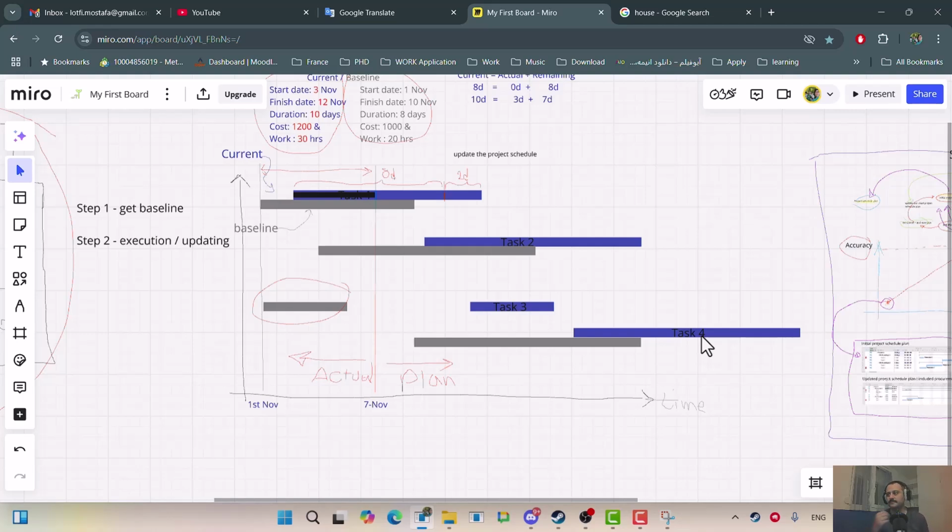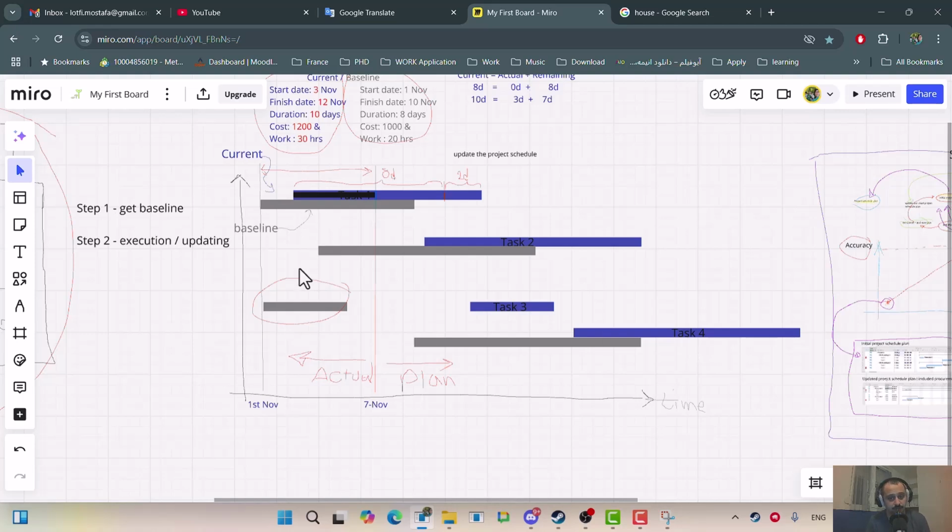In a real project, you may have some restrictions, dependencies, force from management, deadlines, and you may need to find a solution to recover these delays. Okay, and you can only do that when you anticipate this, and you can anticipate this if you update your